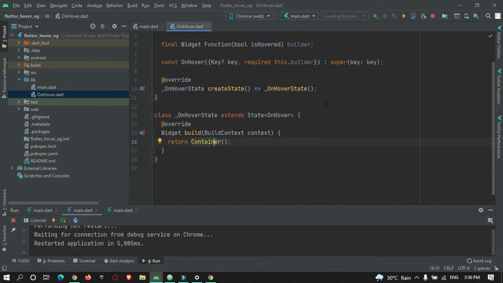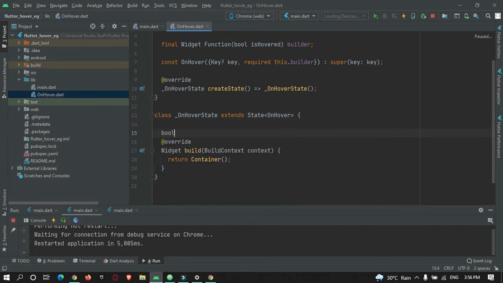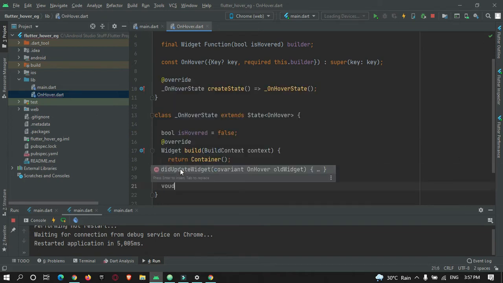Now here let's create a variable isHovered and set it to false. And then here let's create a method onEntered, and this accepts a boolean type variable isHovered.